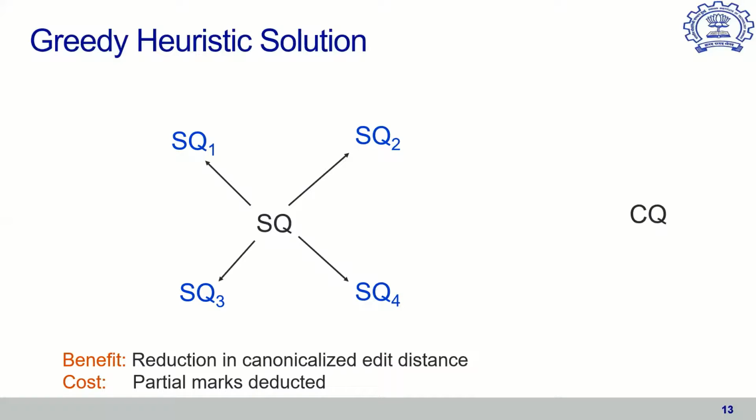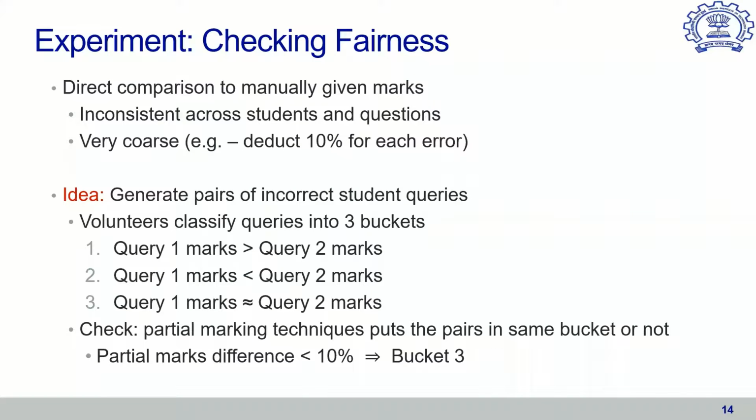In our heuristic approach, we compute the cost benefit for each edit and at each stage pick only the edited query with the best cost benefit for further exploration. In the example, say SQ2 provides the best cost benefit out of the 4 queries. So when making the second set of edits, we will consider only SQ2. In the paper, we discuss experiments that show that the heuristic is much faster while being accurate for the cases that we tested. In the interest of time, I'll discuss one experimental result from the paper.